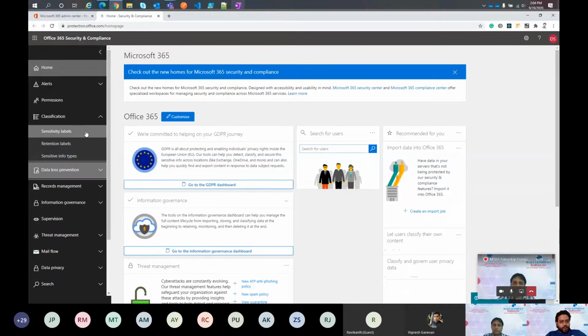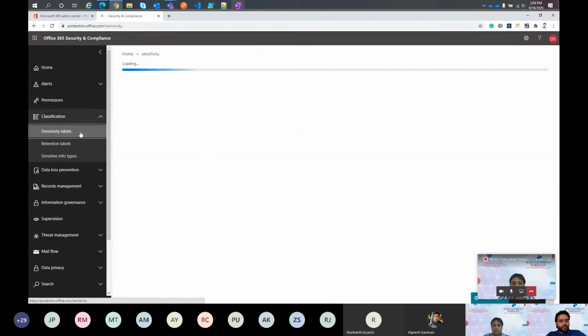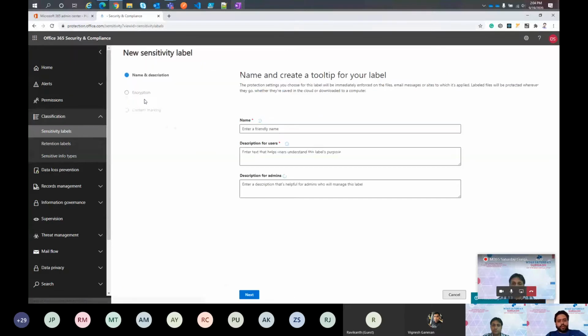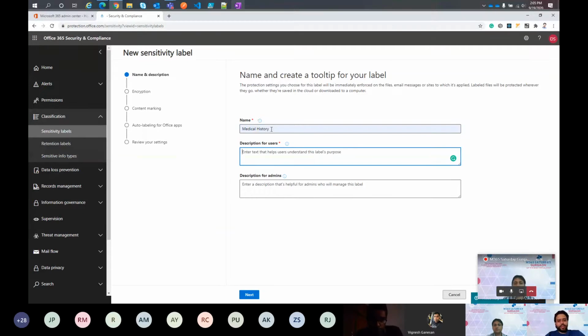So for now, let's just create a sensitivity label. We can click on create a label and provide a name for this label. There can be two descriptions: one description will be available to the users and the other one for the admins.